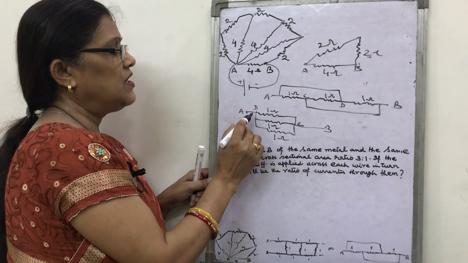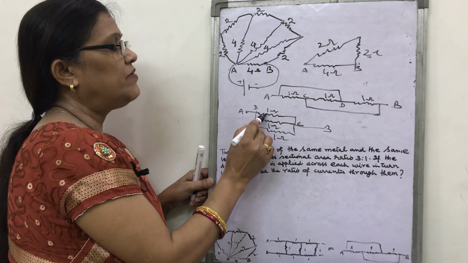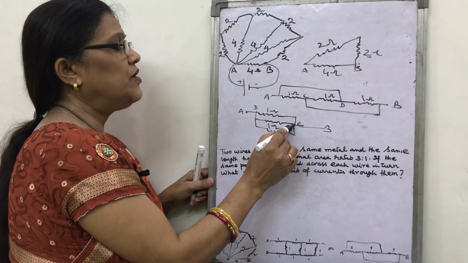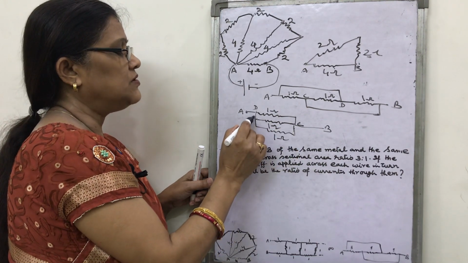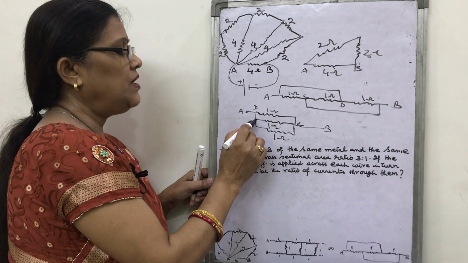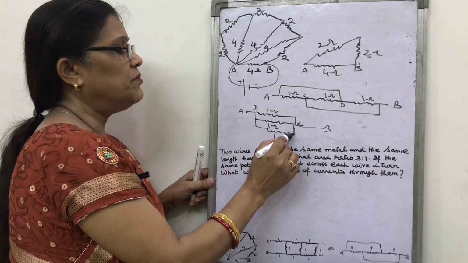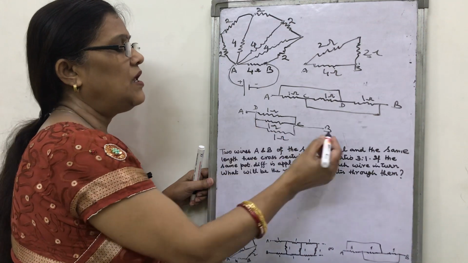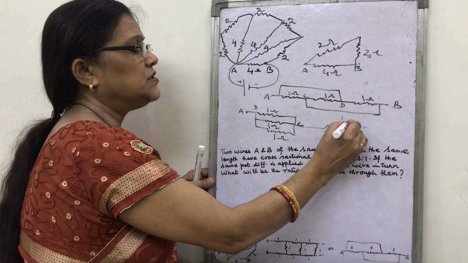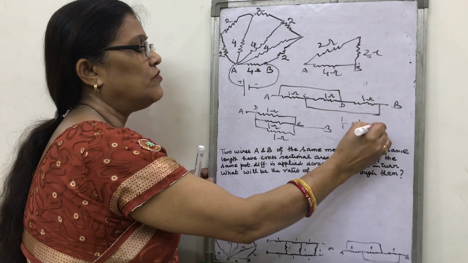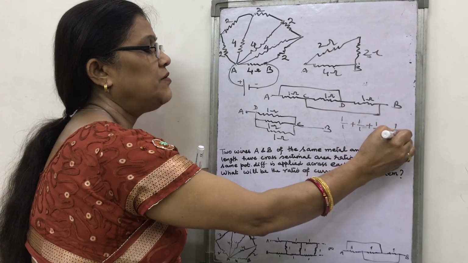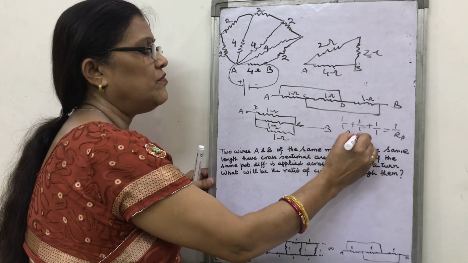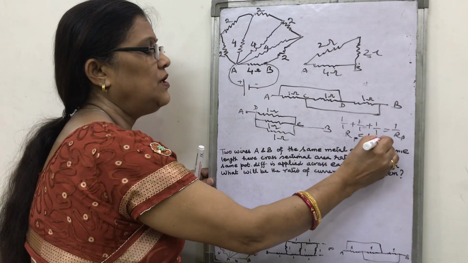But if you think that from A 1 ohm wire, you reach the C. From C 1 ohm wire, you reach the point D. From D 1 ohm wire, you reach the B. So this is the B. So these 3 wires are in parallel. And what is in parallel? This is 1 upon 1 plus 1 upon 1 plus 1 upon 1. You have read in parallel. What will it be? This is 3. So Rp will be 1 upon 3 ohm.